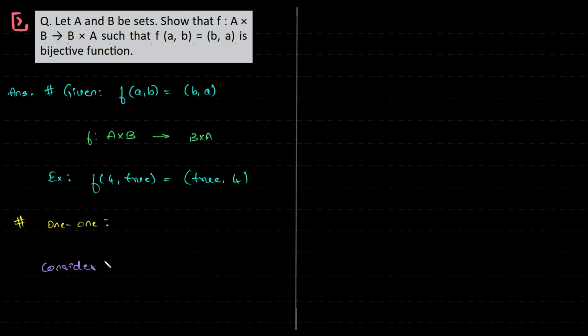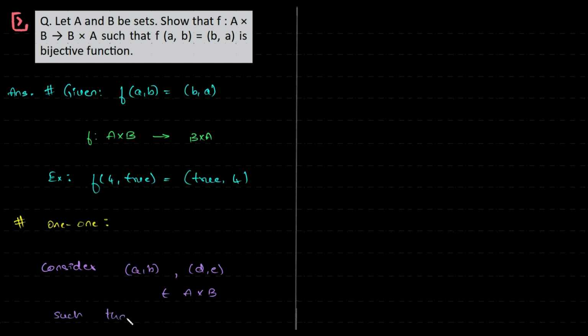So we'll consider we have two input values which are part of A cross B. So we have D and say E, which belong to A cross B, the Cartesian product between A and B,